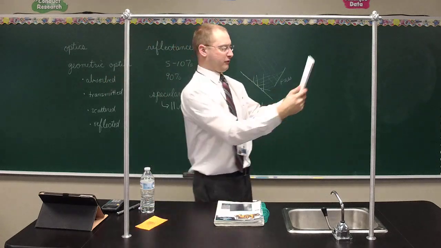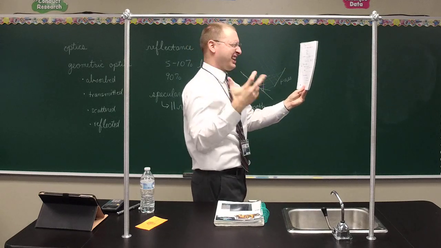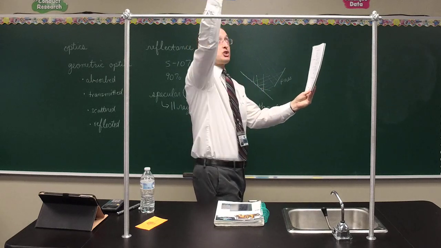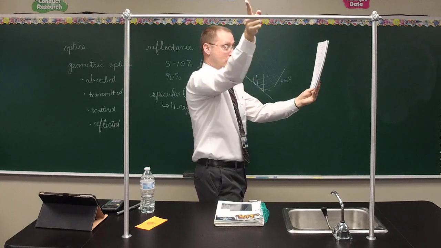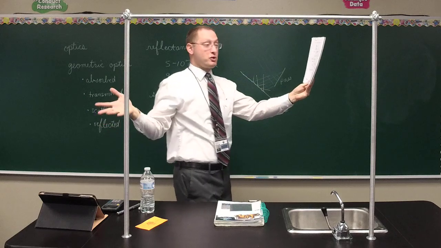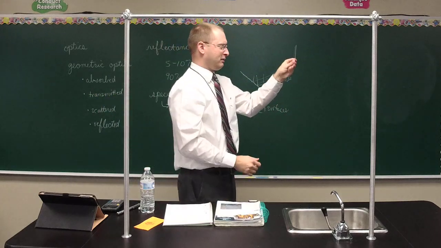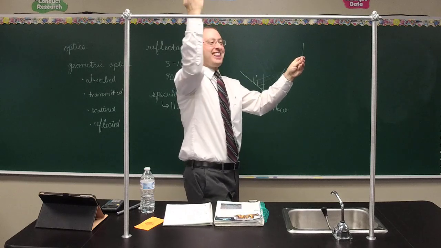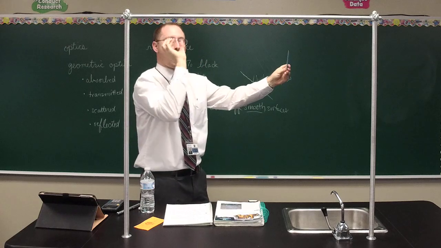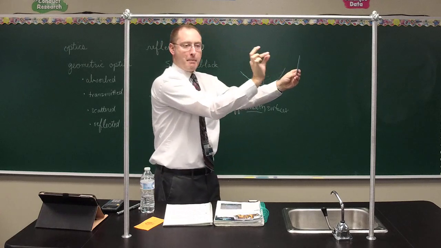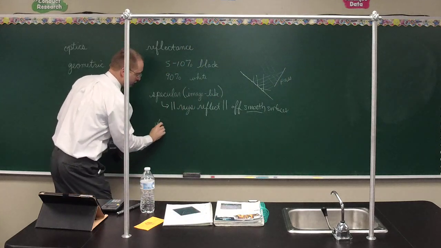If I look at my own reflection here, paper in my hand, who's the fairest in the land? Anyway, so the light rays, for instance, they strike my nose, they hit the paper, and part of my nose goes there, part of my nose there, my nose goes all over the place, so I don't see a nose. Here, oh my, I see the nose, right? Light rays hit my nose, they reflect off the mirror back to my eye. I see what my nose looks like because all the light rays from my nose come right back together. They're not scattered around. Scattered around reflection is called diffuse